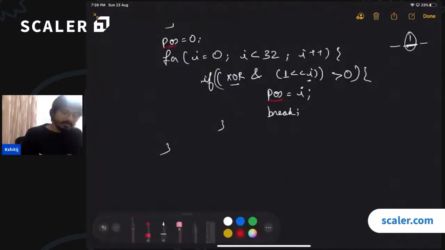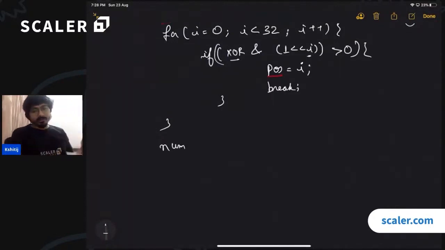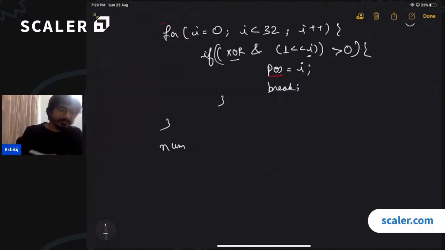So how can we do that? We can initialize two numbers. Basically we have to find the XOR of all the numbers where the bit is set, and parallelly we also have to find the XOR of all the numbers where this bit is not set, right? So we can initialize, let's say, num1 and num2